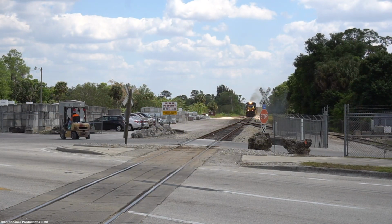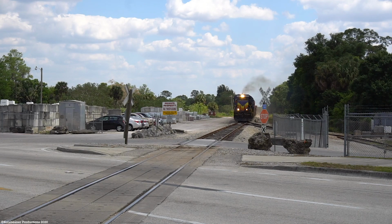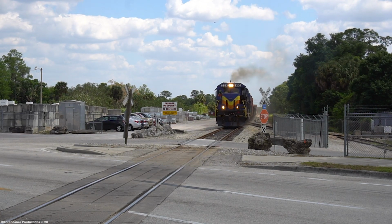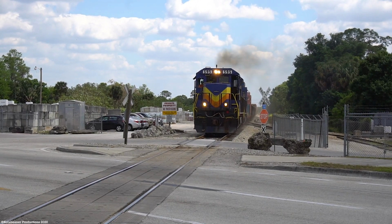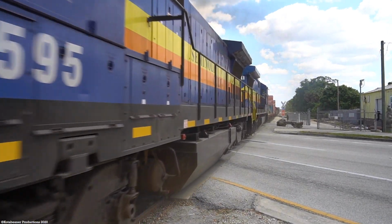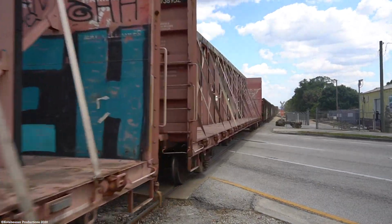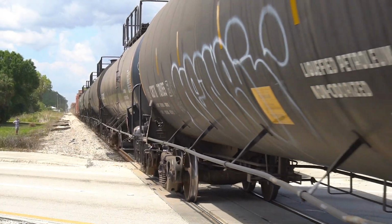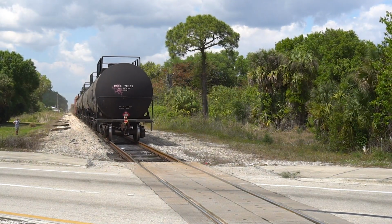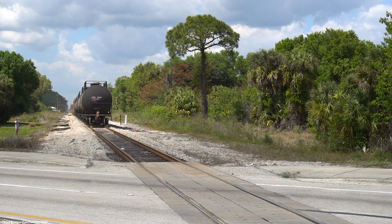Our next location would be at Bayshore Road on the north side of the Caloosahatchee River. Just north of here, the train would stop to switch out a lumber company called Raymond Building Supply. So we took that opportunity to jump up 75 and get to our next location, which was the railroad crossing